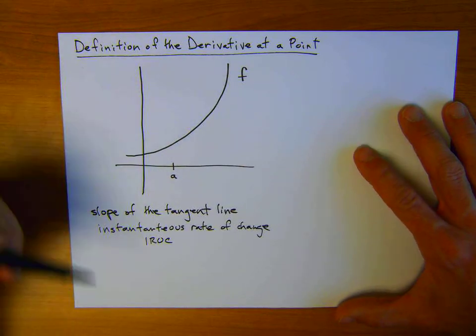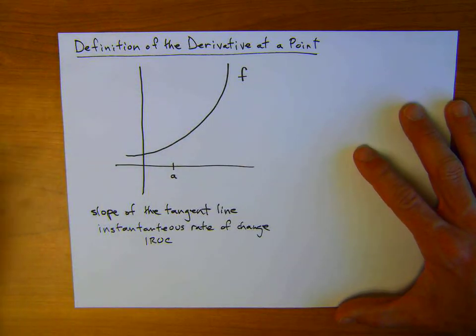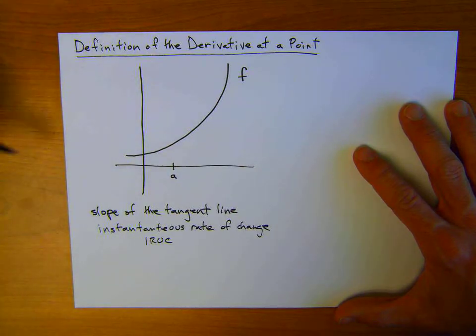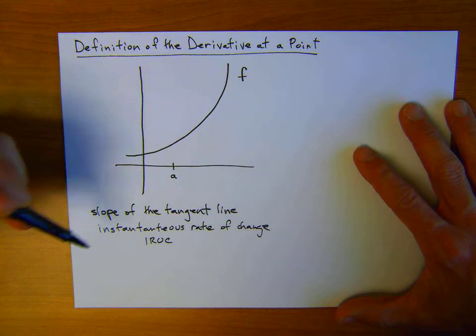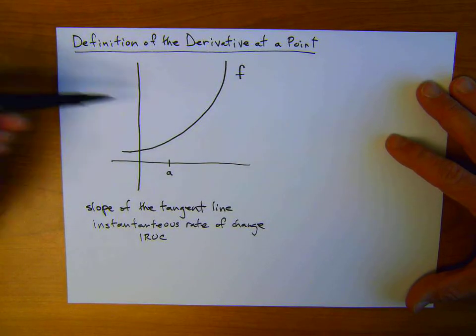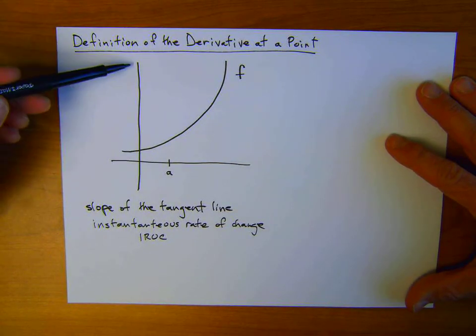You can think of velocity. If a car is accelerating, then what's its velocity right at one particular point? Nowadays we have speedometers in a car that tell us that information, but if you didn't have that, then this would be one way to determine the rate of change at a single point. So I want to talk about where we get the algebraic definition from